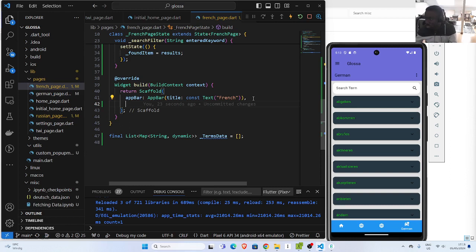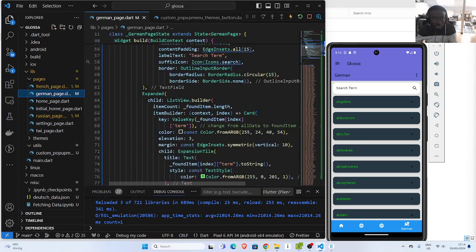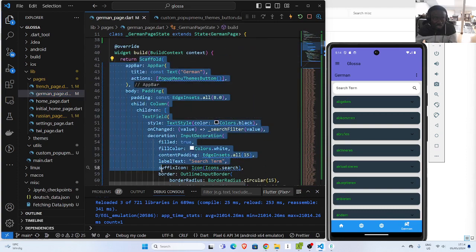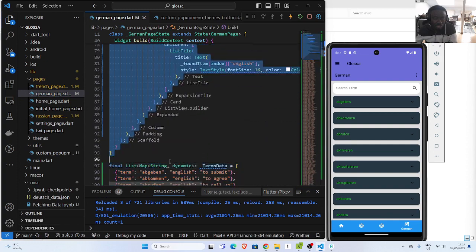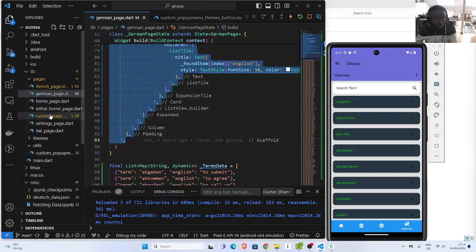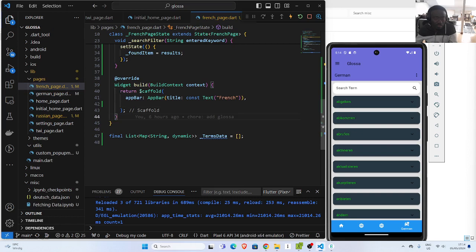So to save us time, I'll copy the search feature that we used here, like the same thing we used here, and then we will use it, right? So it's almost the same. It seems that everything we'll be doing will be the same. So I'll copy this scaffold because it will be the same for the different parts of the application. So copy the entire scaffold here,